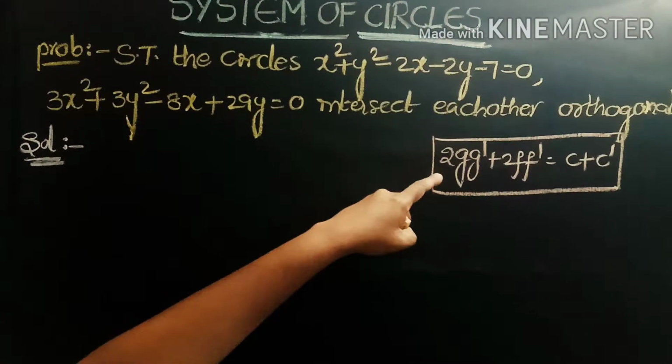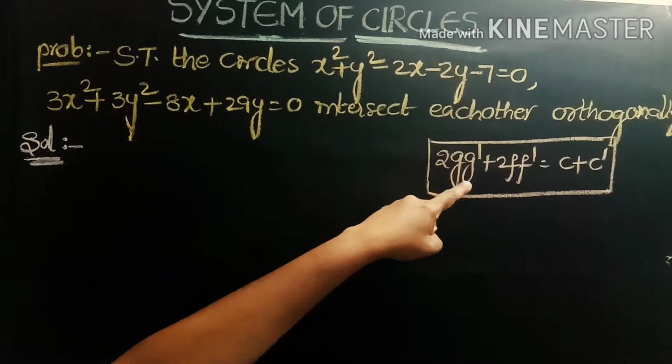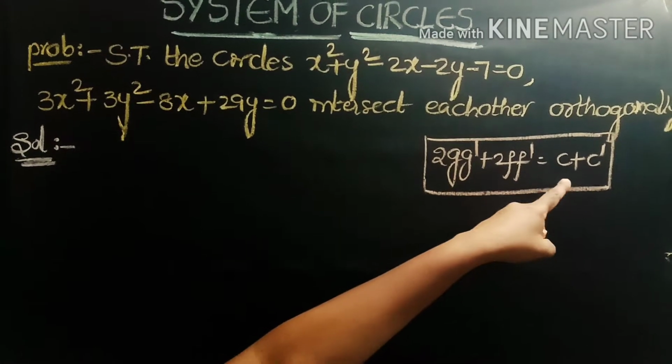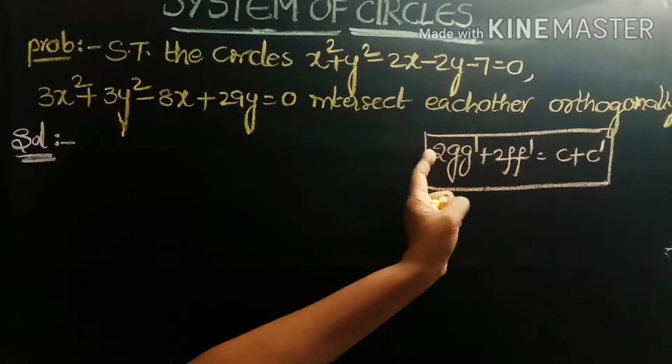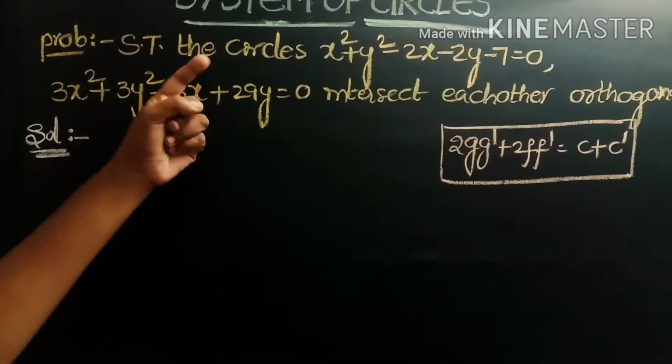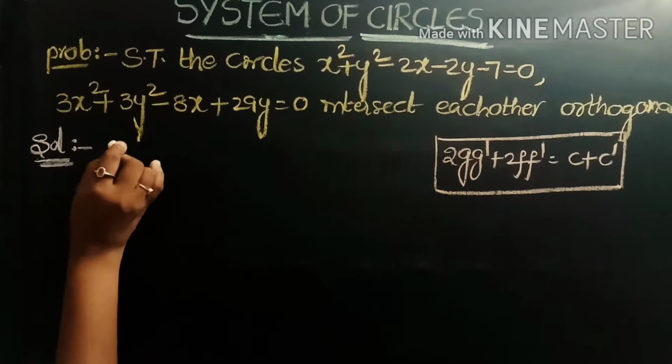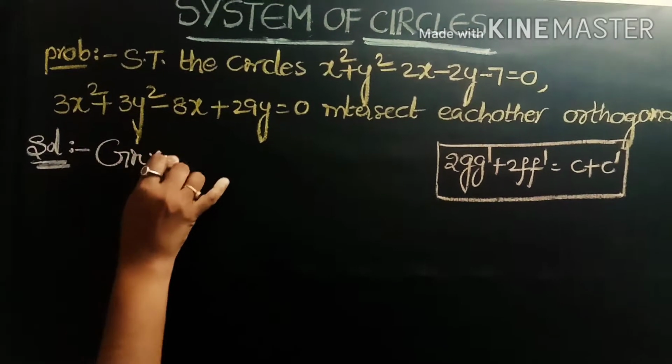Orthogonality condition is 2g g dash plus 2f f dash is equal to c plus c dash. So first we are finding this value, next we are finding the second value. If both of the values are equal, then we can say that the given circles intersect orthogonally. So further, first we are taking the given circle equations here. Given circles are,